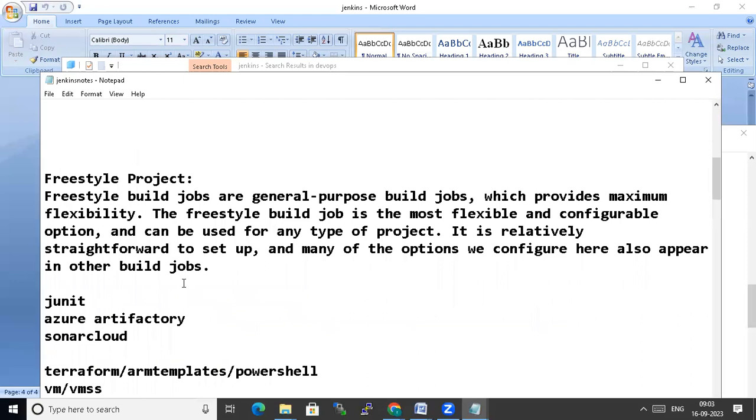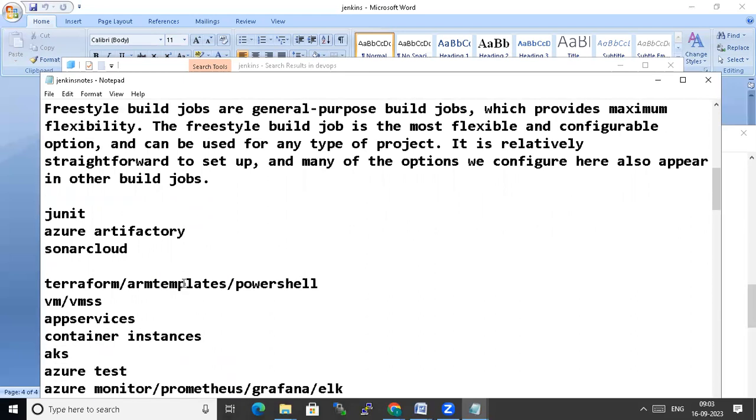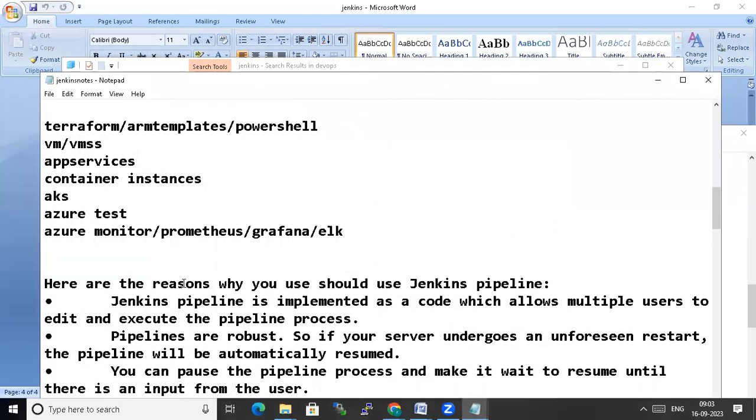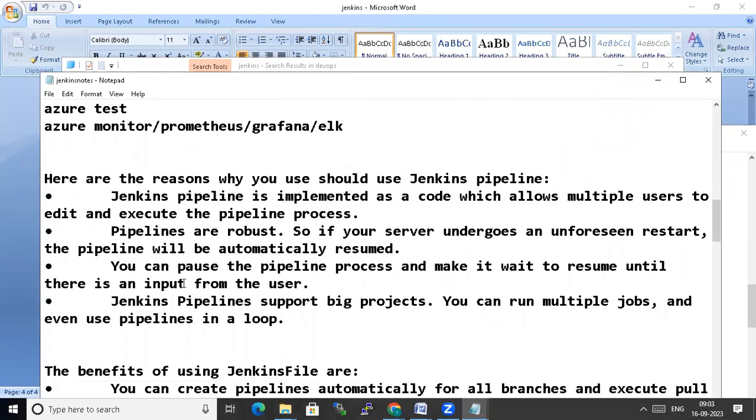For the initial understanding, we can install the freestyle project, but going forward, we need to go for pipelines itself. What is the advantage of using pipelines? It's implemented as pipeline as code,